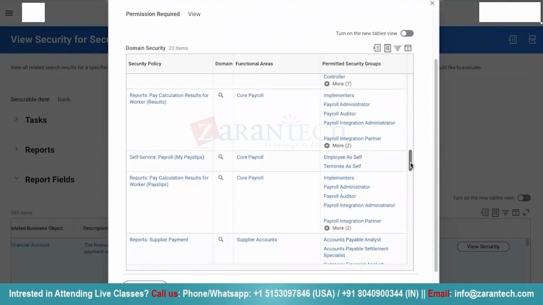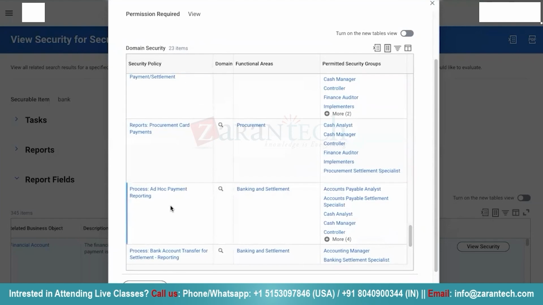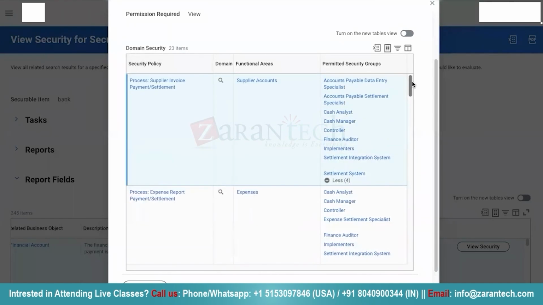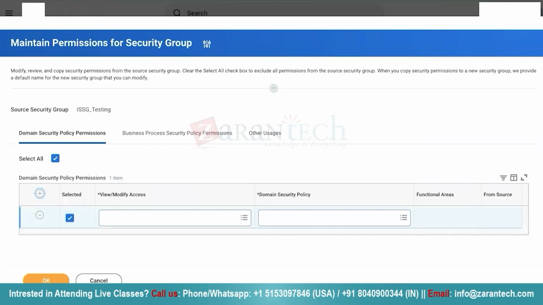So basically this is where it plays out the entire picture, like how you troubleshoot or scan, what access is being given to which field, if you have to drill down. So these policies are required, and how do you add these policies? That is where the important question is. For example, these are the security policies. We went to a task called Maintain Permissions for Security Group. Over here, everything was empty. You click Add, you add over here,